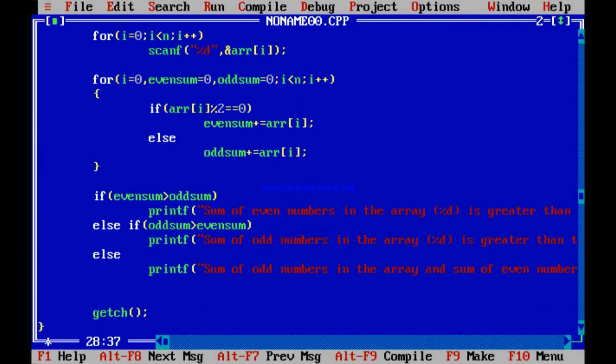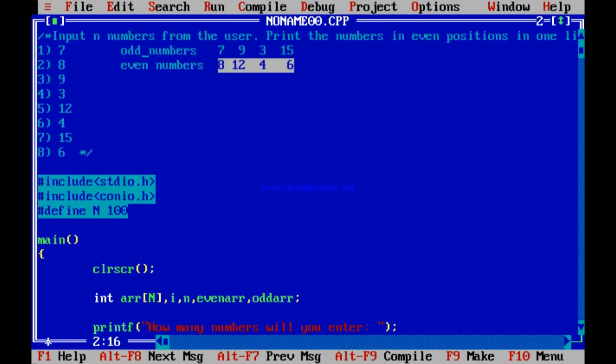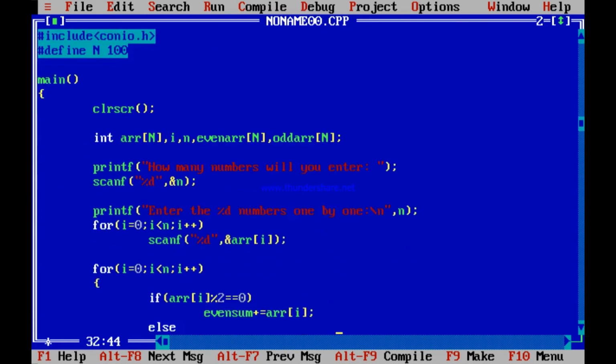So one thing I can do is take 2 more arrays. One is the even array and the other is the odd array. So this odd sum, even sum is not needed. Only thing is I have declared an even array and an odd array. But this is not an array, this is a variable. To get into an array, even array n, odd array n. You never know, you take the same size, say 100, because all the numbers in the array can be even or all can be odd. So let us have same sized even array and odd array.